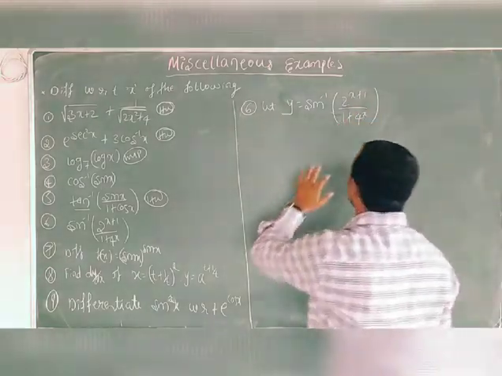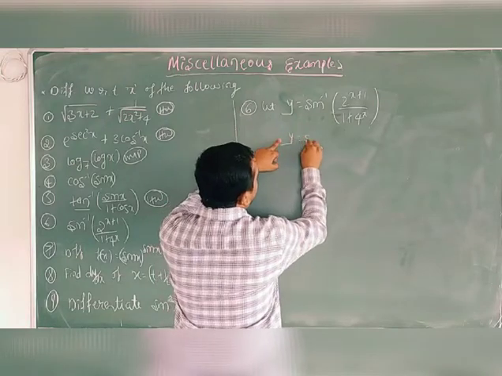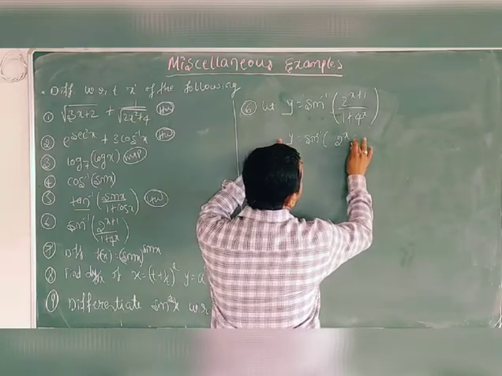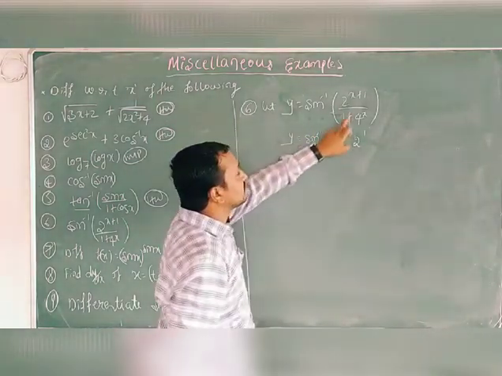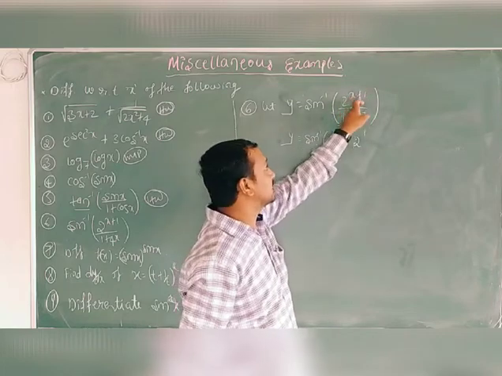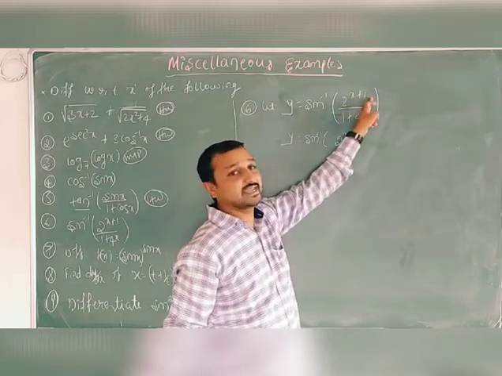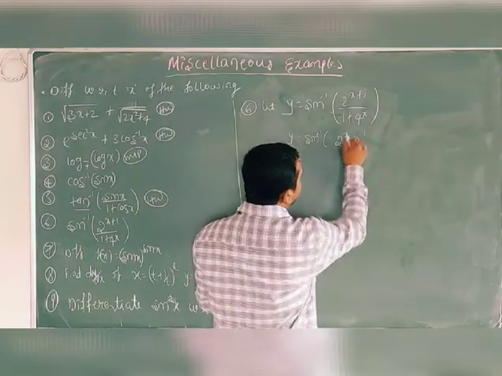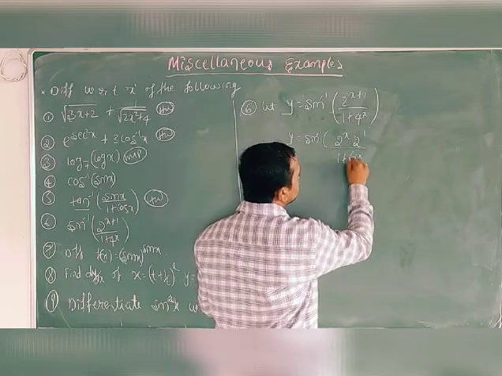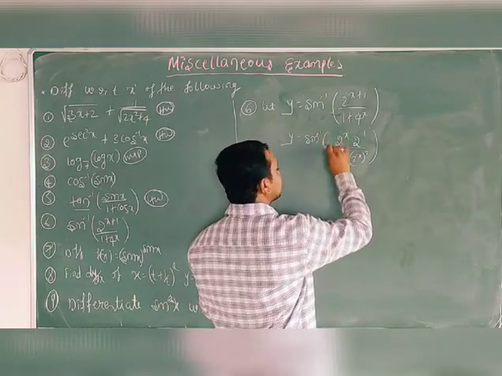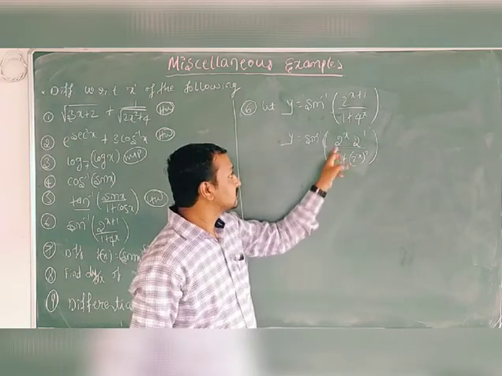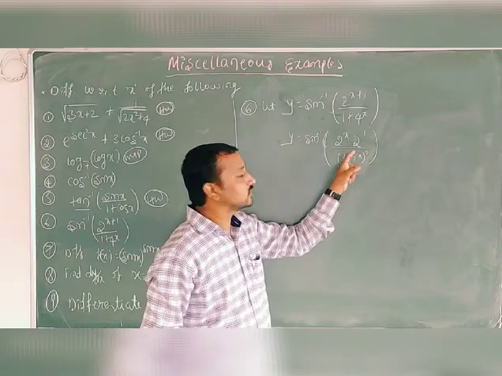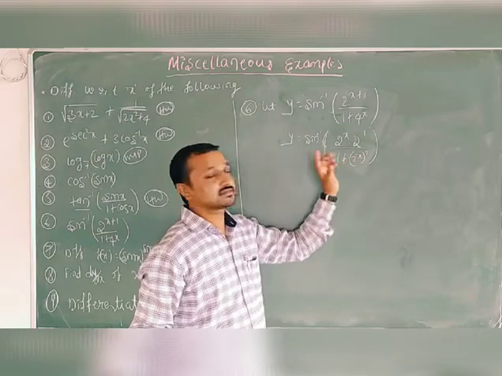So here first we can write a simplification step. y equal to sin inverse of, I can write this term as 2 raised to x into 2 raised to 1. Is it right? 2 raised to x plus 1 can be written as 2 raised to x into 2 raised to 1. A raised to m plus n can be written as a raised to m into a raised to n. Is it clear? The whole divided by this term, I can write as 1 plus 2 raised to x, its whole square. 2 raised to x plus 1 as it is. Here 1 plus 2 raised to x its whole square. This can be 4 raised to x obviously.